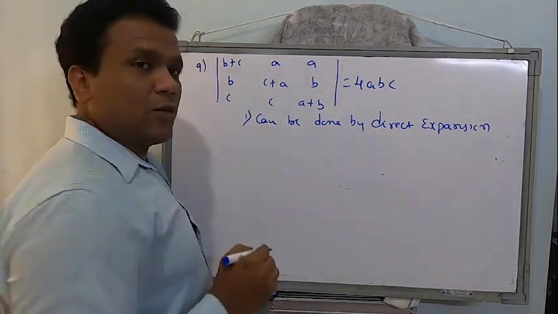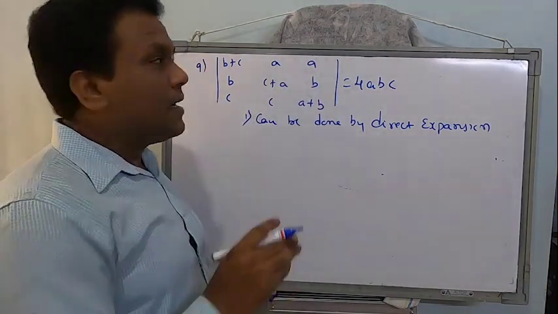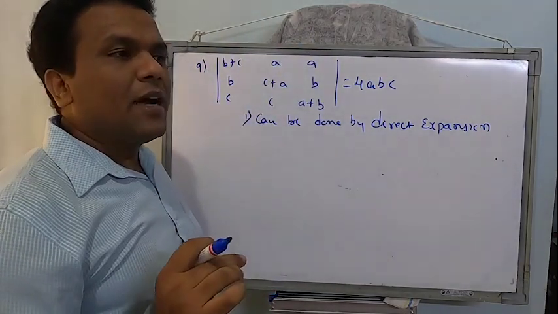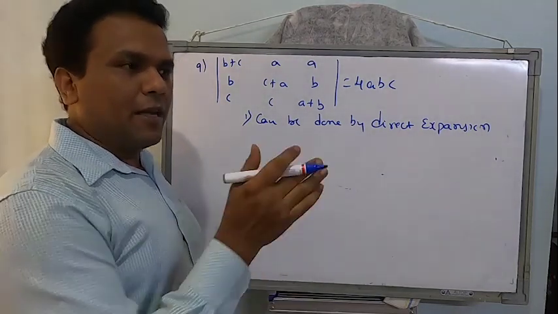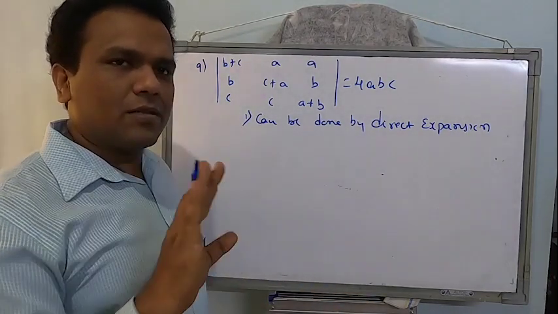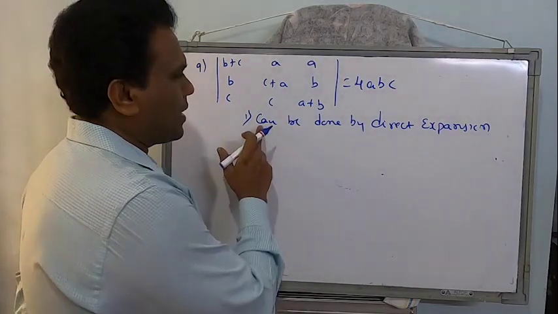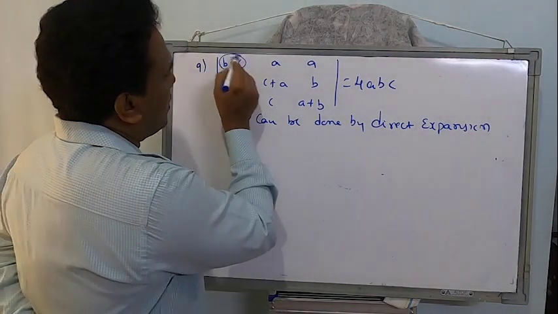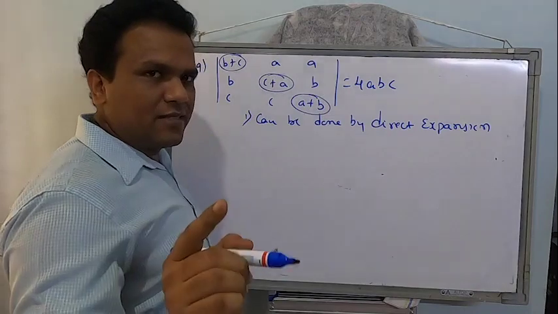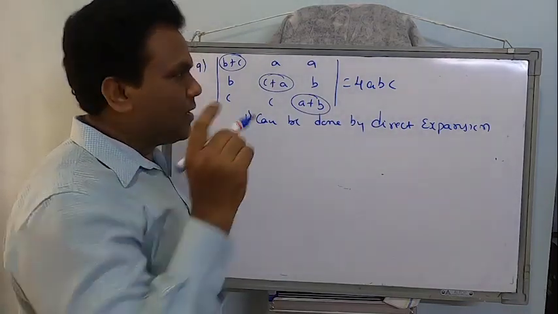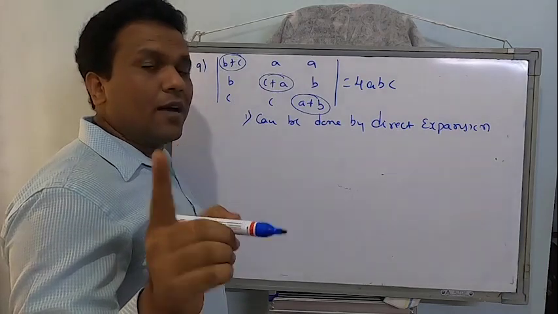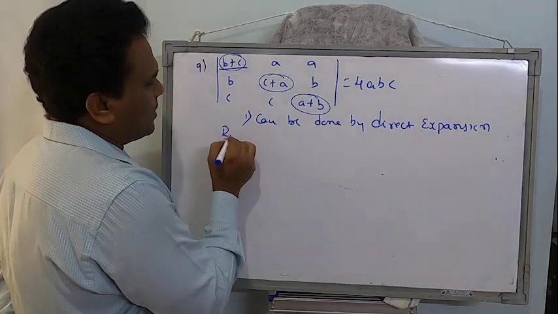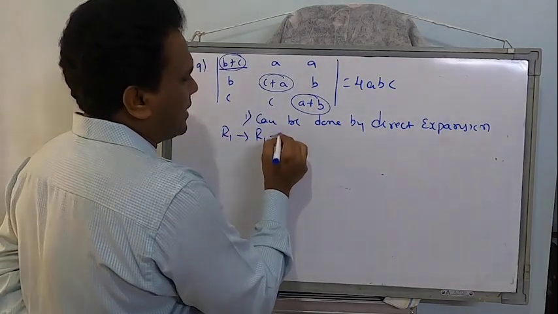Otherwise, see, the thing is 1, 1, 1 is not present. If I add up this way, I cannot get a common element. If I add up this way also, I cannot get a common element, keep it outside and then get 1, 1, 1. Both methods are ruled out. So in such a case, the problem can be done by expanding directly. Otherwise, try to make one element out of any of these three as 0 and then expand. Things will become easy. Just observe this one. This is b plus c, an element of R1. So what I will do here, I will write something. Just observe.